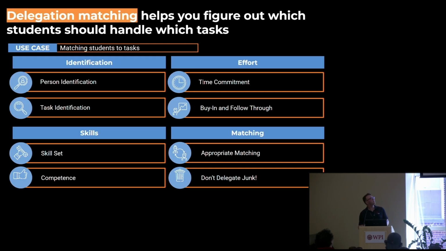How am I matching these tasks? And then we'll get into, once I've delegated them, what does that level of responsibility look like? So walking through delegation matching. We've got 4 categories here: identification, effort, skills, and matching. So identification, we want to make sure we have an idea of what our student